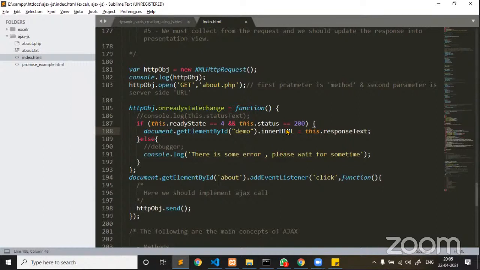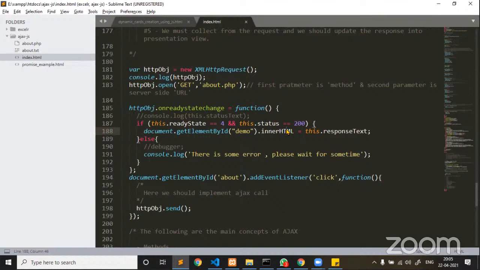Now XML is no more, and in most cases we can expect the response in the form of JSON. Yesterday we created dynamic cards using sample JSON data, a JSON object that I created. So go back to my yesterday's session and understand how we read the data from my JSON object.